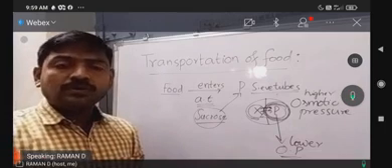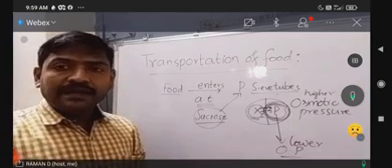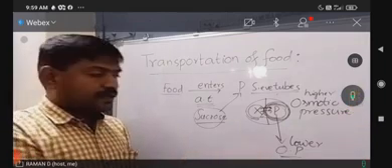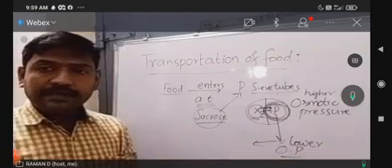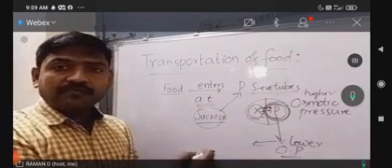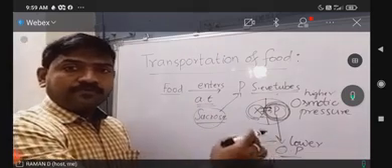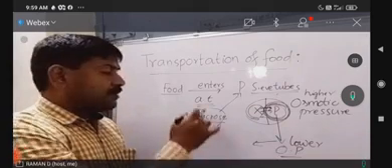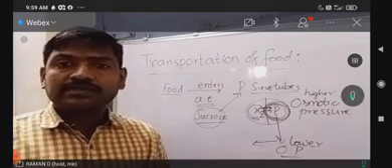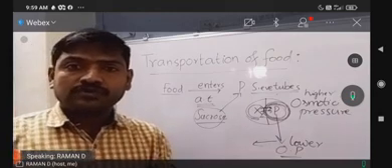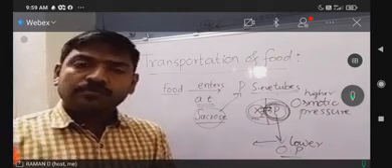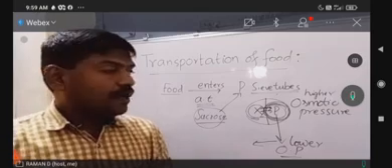Sucrose has to leave the phloem and should enter in the cells of the plant body. So how does the sucrose leave? Entry of sucrose has taken place by active transport. Exit, that is leaving of sucrose from phloem sieve tubes, also must take place by active transport. So remember here, the entry of sucrose into the phloem sieve tubes and exit of sucrose from the phloem sieve tubes both occur by active transport,